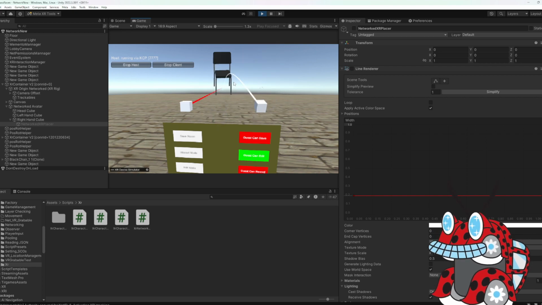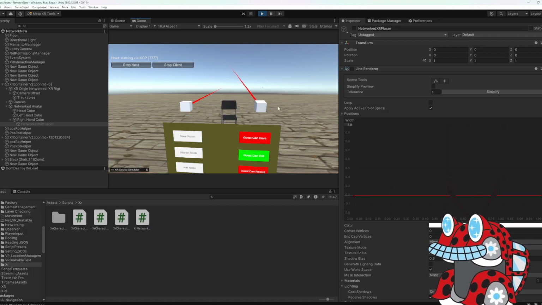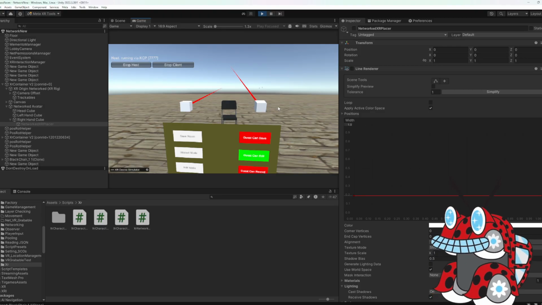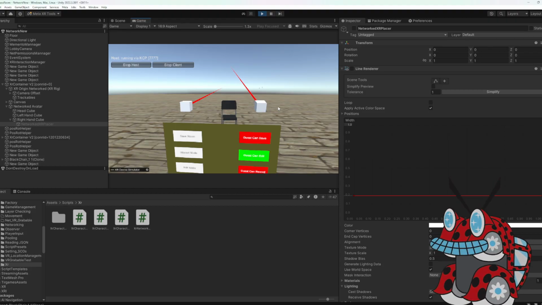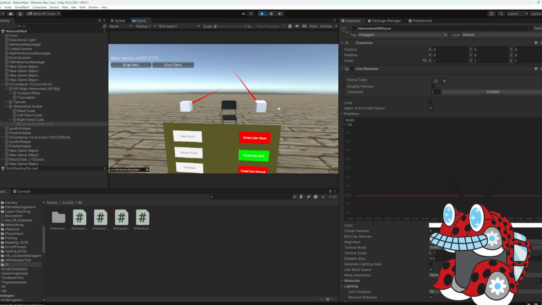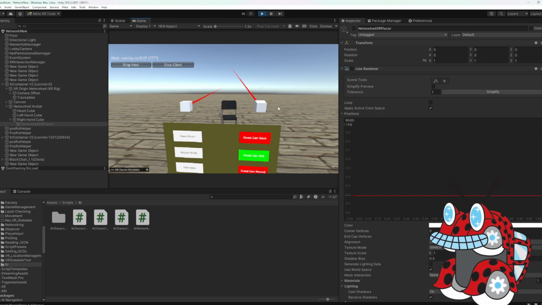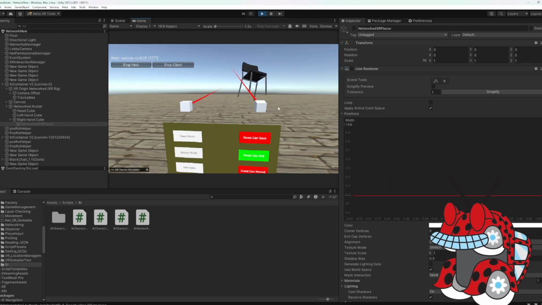As you see, I can pick up that chair and move it around on the host. If I go over to my client side and do the exact same thing, which would be to open my XR container, the networked avatar, and turn off the XR placer, I would be able to lift and manipulate that in space as well, and I think you can see it